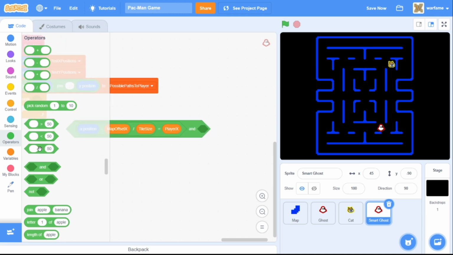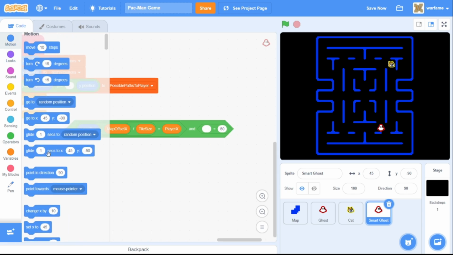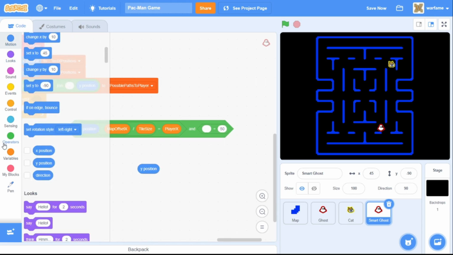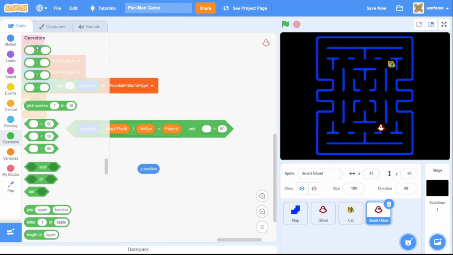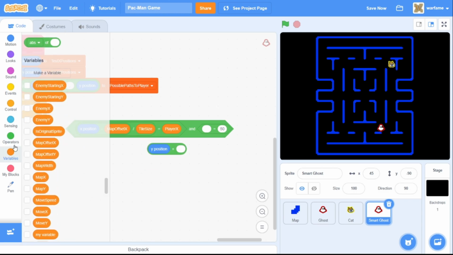And we also want to check if the Y position, and then go to operators, plus the map Y offset